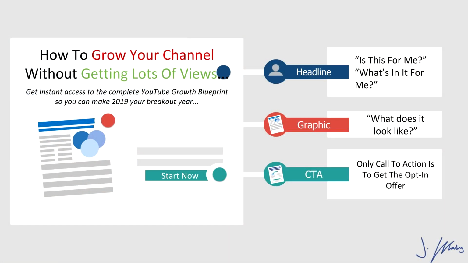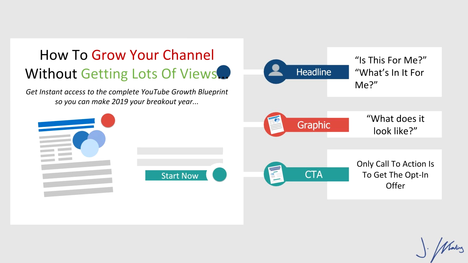Now, you might be wondering, okay, what the heck do we actually write for the headline or the subheadline? So I have 2 examples, and then we'll dive into those 7 ideas for your lead magnet, because that's going to be arguably the most important part. So when it comes to your headline, you can just use this very simple formula: how to get something without achieving a specific result or doing the hard part.